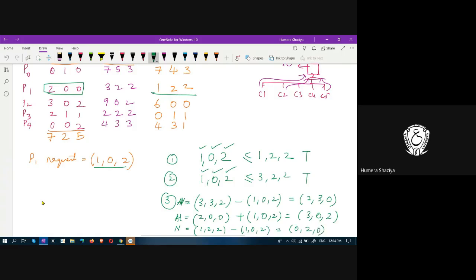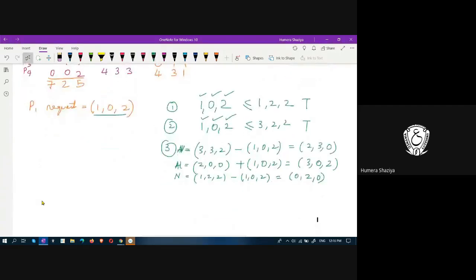If you are not understanding, those who have attended, even those who have not attended, can ask. I'll somehow try to make you understand. If you are not getting it, you can interrupt me and ask. Here, in the resource request algorithm, I told you that it has 3 steps and we have done all 3 steps. Further, P1 needs 0, 2 and 0.